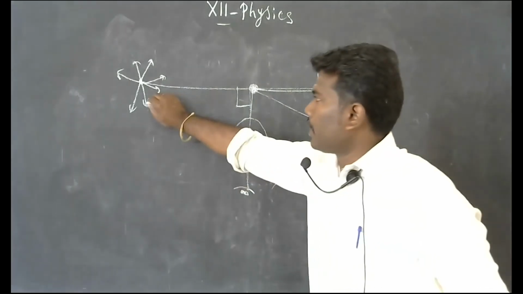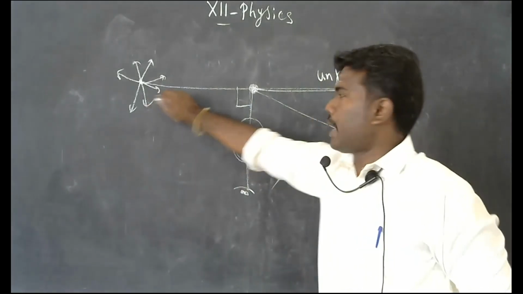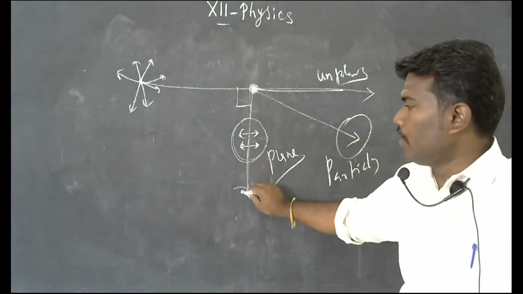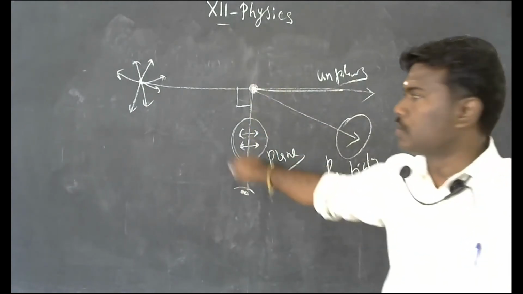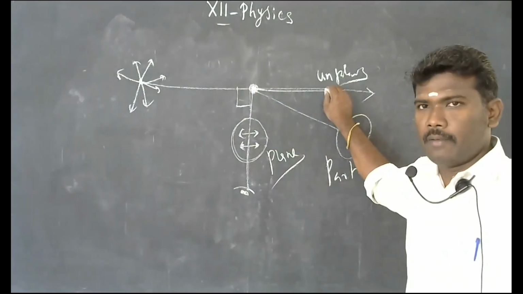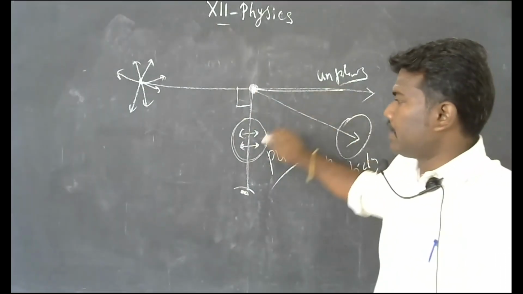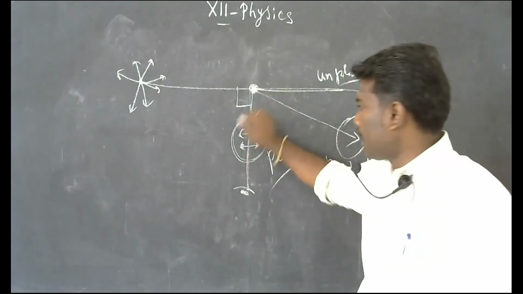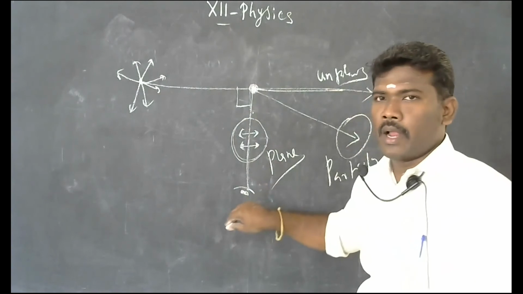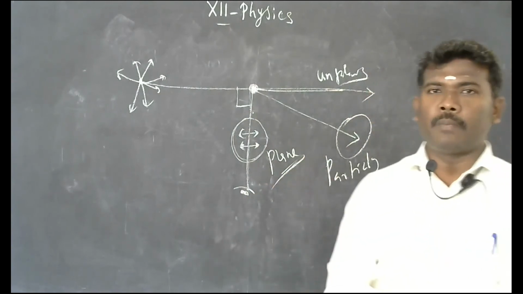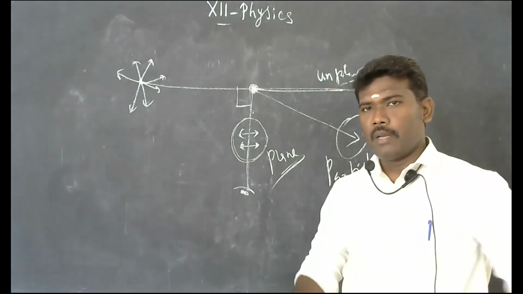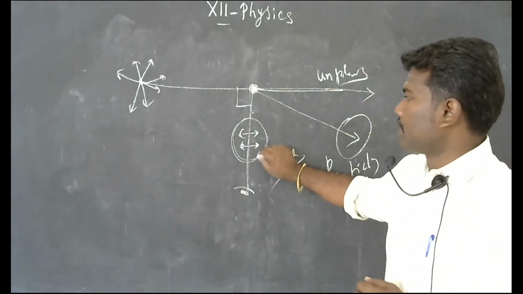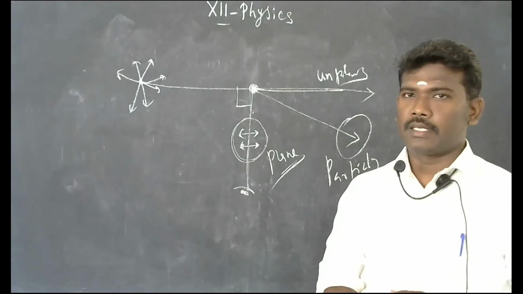Okay, so the unpolarized light ray from the sun is scattered by the molecules present in the atmosphere. Whenever you look, the scattered light ray is perpendicular to the propagation of the light ray. That vibration appears perpendicular to our view direction. So that light ray which is reaching our eye is called a completely polarized light ray. Completely polarized light ray only reaches our eye, the human eye. So this is completely polarized or plane polarized.